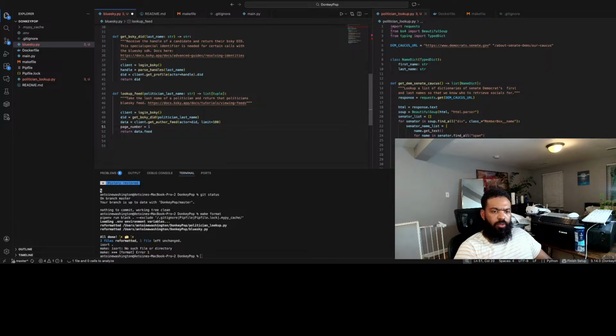Okay, we're going to set a page number variable. Let's go print data.feed.cursor. Oh, why'd everything just go dark?